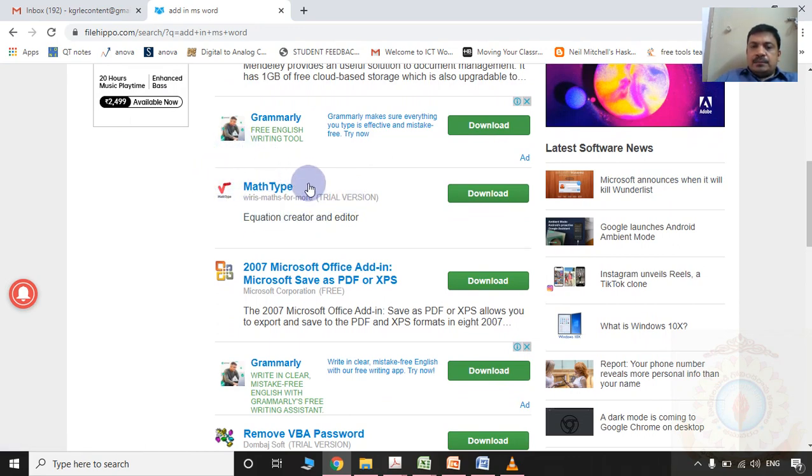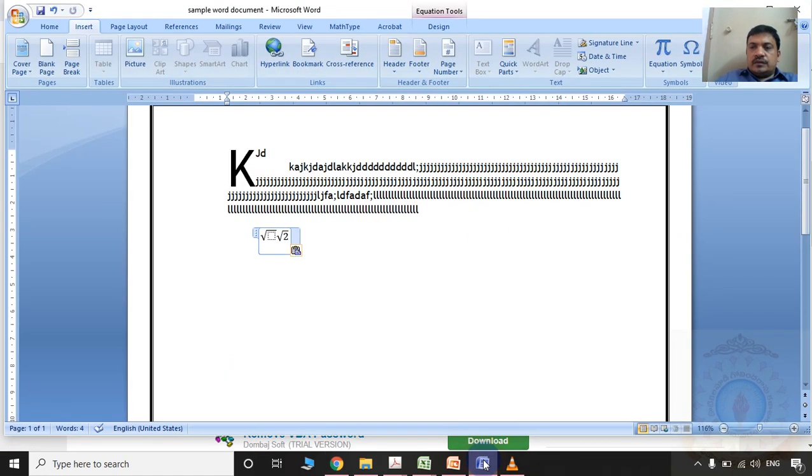MathType will appear as one add-in. Here the download button is there. Click it and install it in your computer. It will come with a 30-day trial initially.